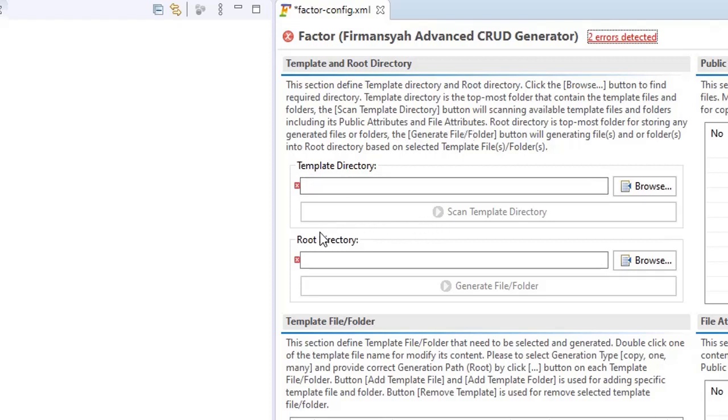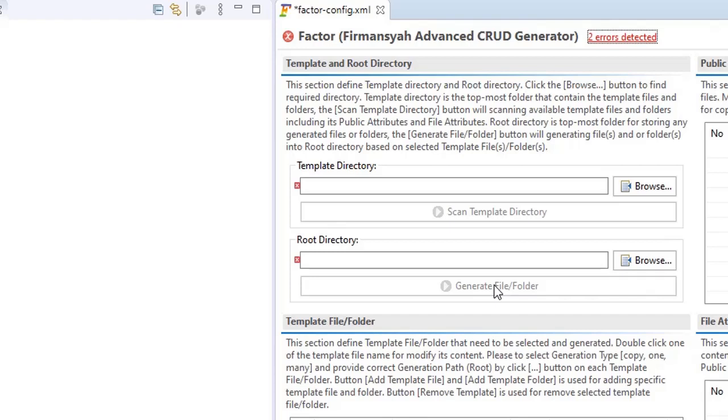And then this path is the root directory, the topmost folder for storing any generated file or folder. If you click this browse button, you can choose any folder on your PC to select your target directory for generated files. After you choose that folder, the generate file or folder button will be enabled, and you can click it.